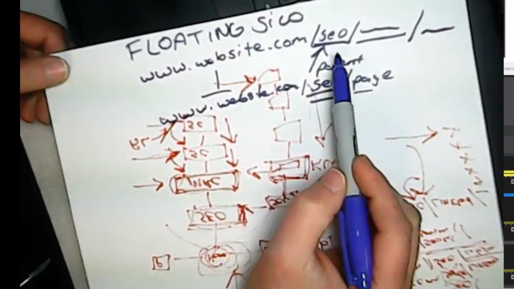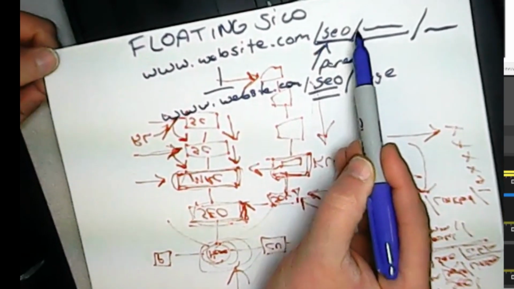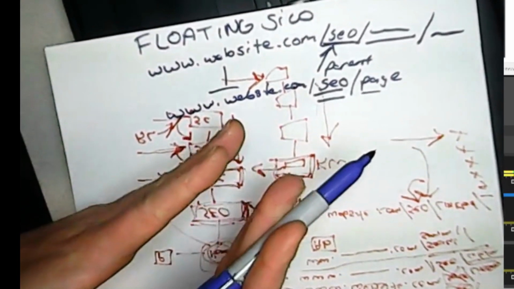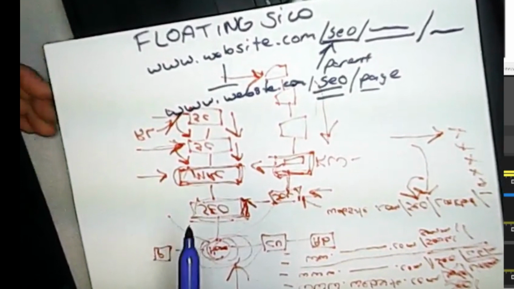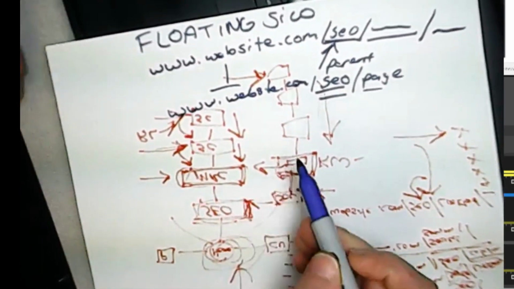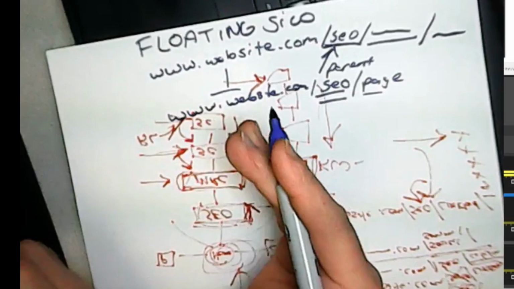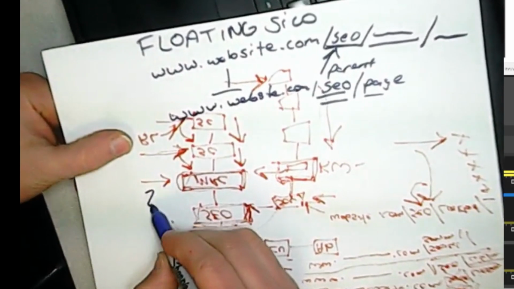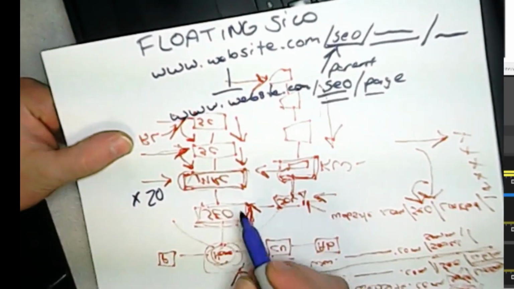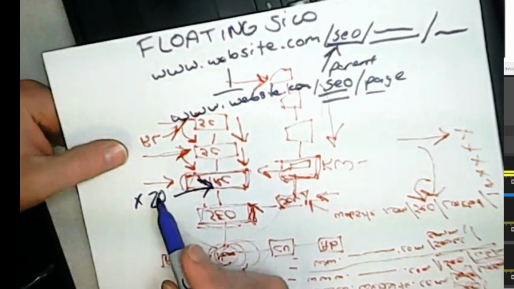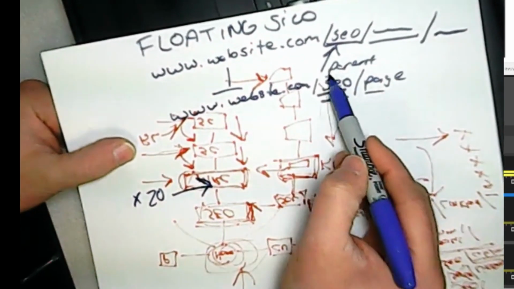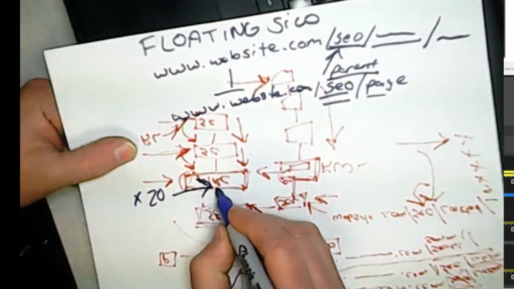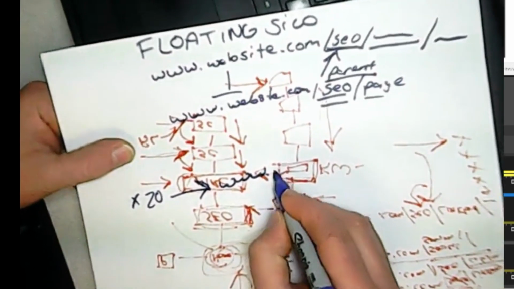So say you set up your parent page and it has SEO in it. Every page, but instead of adding it to the top level category, you simply just add it to the slug. You simply just write it into the slug. You don't actually associate it with the parent page. So instead, you could have 20 articles, all right, written. They could be all orphan. They're not connected to the parent page. There's no association other than you just simply write in www, and this is just in the slug,